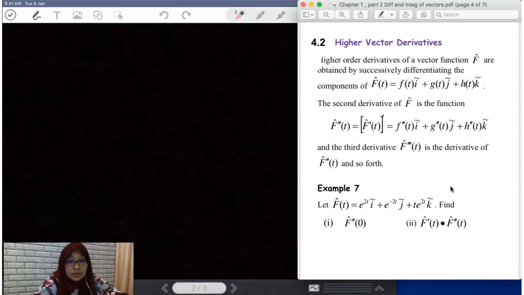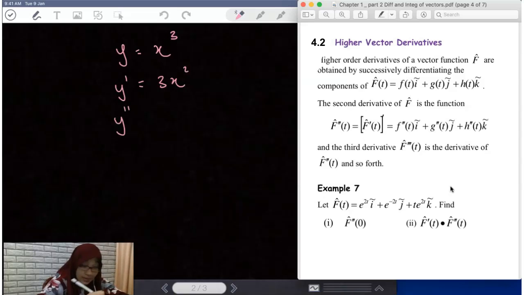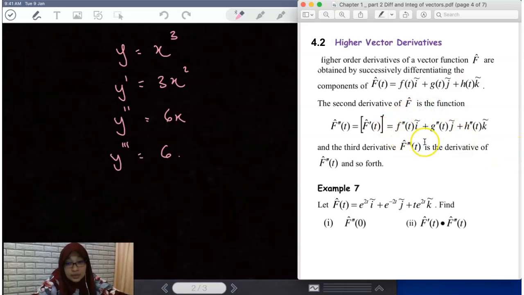Function. So now how can we have the higher order of vector derivatives? It's just like if you have the regular function where you have y equal to x cubed. When you want to differentiate for the first order, you have y prime or dy over dx, so you got 3x squared. Then the second order, y double prime, means you differentiate again with respect to x, so you got 6x, and then y triple prime, you got 6. So the process for the vector function is also the same, but the difference is only that you have to differentiate them